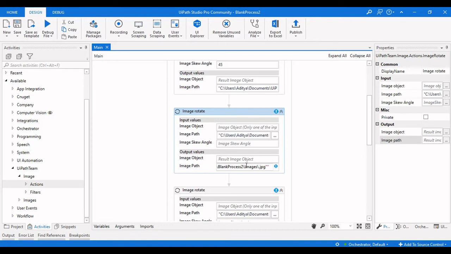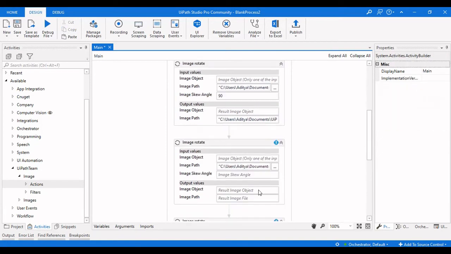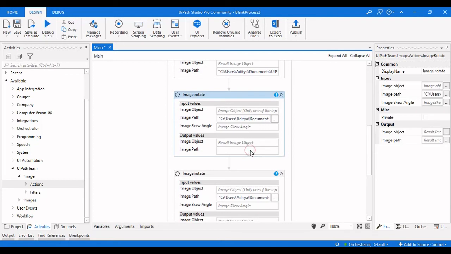Here it will be 90.jpg because we will take it as 90 degrees. Here also the same thing.